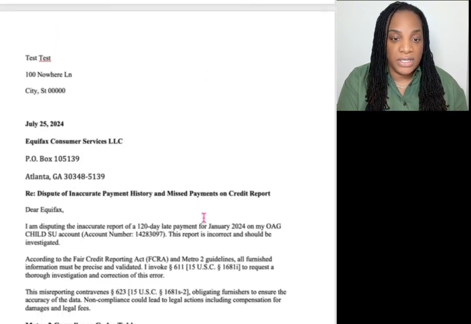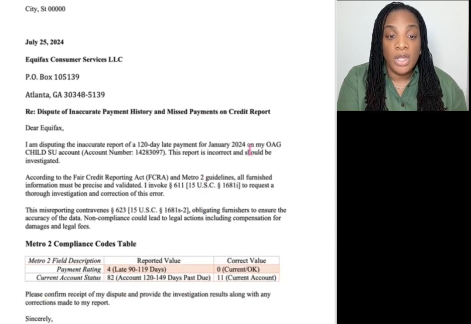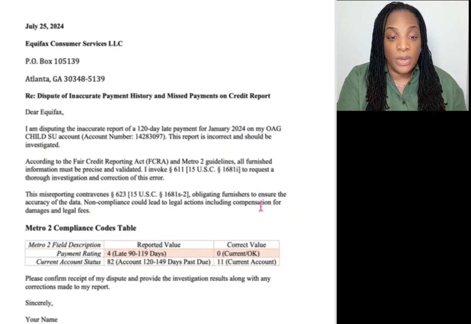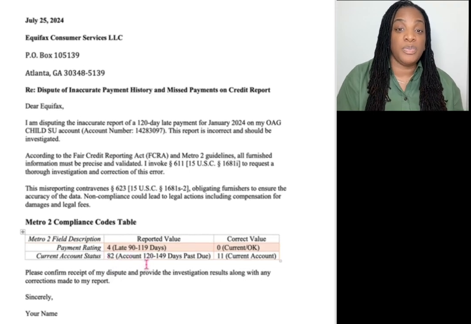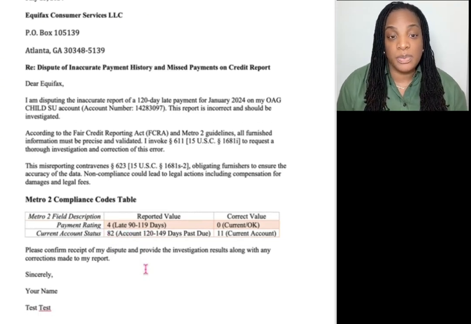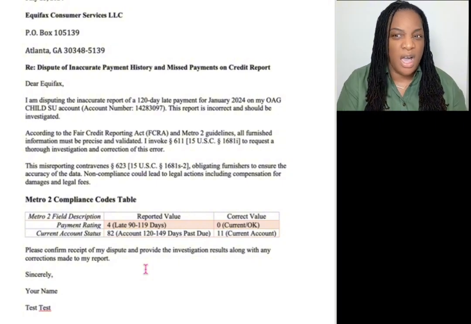This is the third letter where I'm disputing the 120-day late from January 2024 for the same account. And as you can see, the verbiage is different as well on this one. Now this late pay differed a little bit, so that's why this code is different. So really take notice when you're disputing using Metro 2 on your credit disputes, because any slight difference that they have made on the reporting of it could determine a different Metro 2 code for you to use. So it's not all going to be the same, even though we're disputing all late